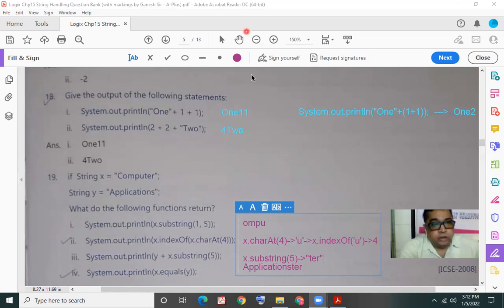I have not yet got the answer to this particular question number 4. System.out.println(x.equals(y)). Such a simple question, and I have not yet got any answer from anybody.